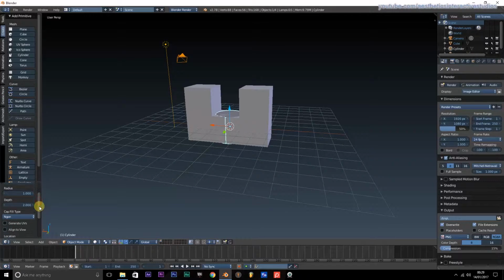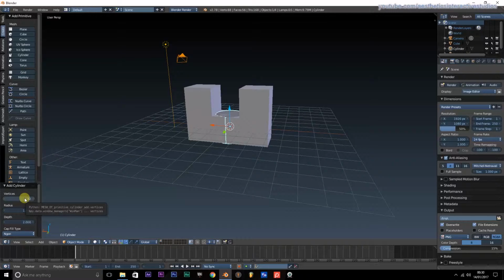This allows you to change how you want your cylinder to be. It's from its location, its rotation, its vertices. Its default vertices is at 32. That's how many vertices it has. You can change that to anything you want from 12 to, well, there's no limit really. But higher vertices,